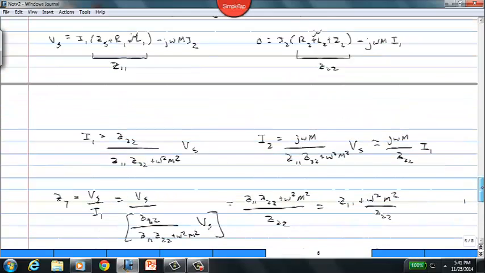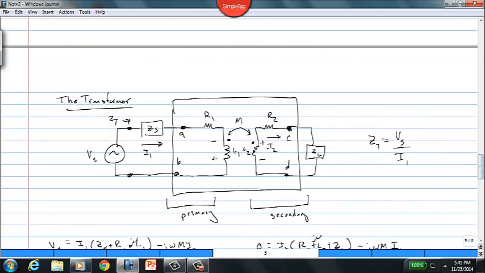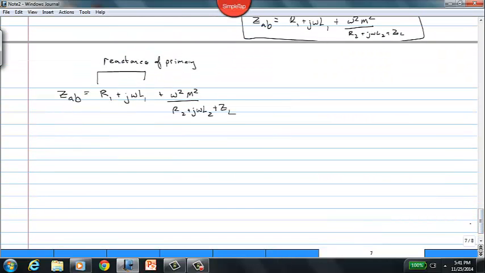We go look at our circuit model up here. That's just R1 plus j omega L1, right? So that's just what we would expect from the circuit model. But then we see that the impedance, as seen from the voltage source, has this extra term here, this omega squared M squared over R2 plus j omega L2 plus the ZL. And what this shows us is this is how the load influences the primary through this